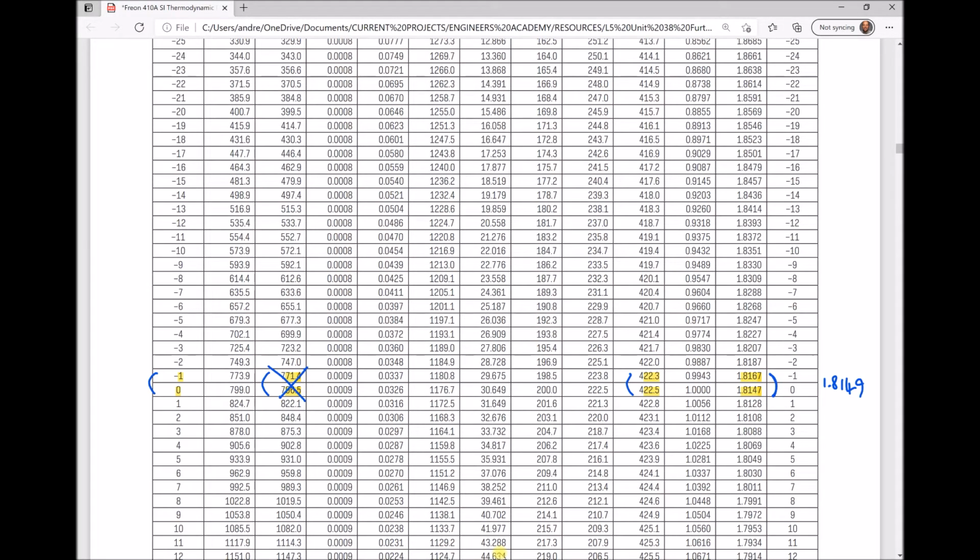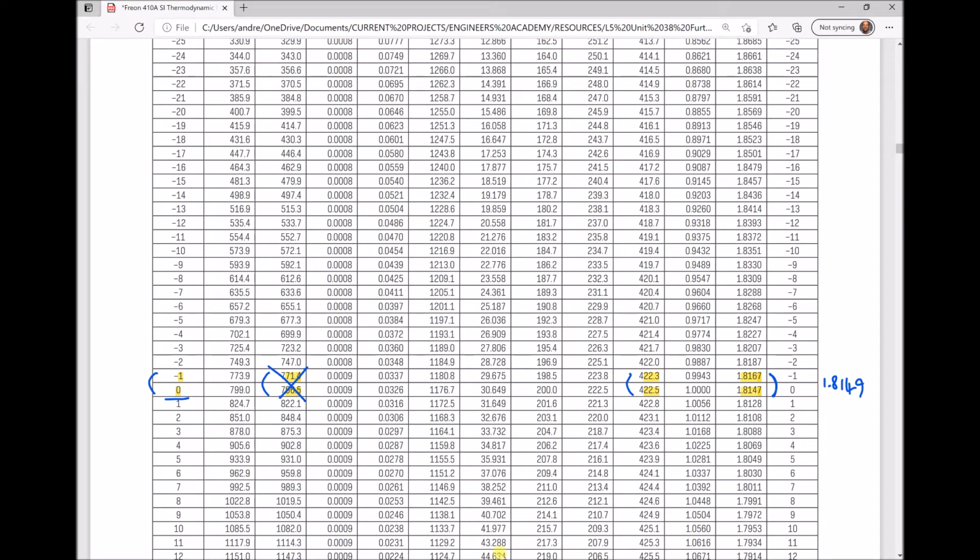For the time being, I'm going to ignore those pressures. The only reason I'm going to ignore those pressures is because the question doesn't specifically ask us about the pressure at position 1 or position 4. We know those pressures are the same, but we can still find out our temperature and enthalpy values without using those pressures. So what I'm going to take back across to our workings is the temperatures of 0 and -1